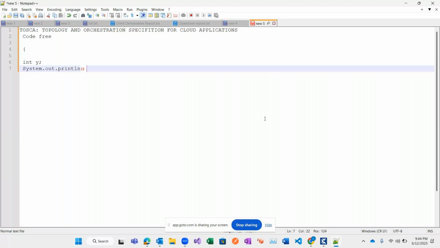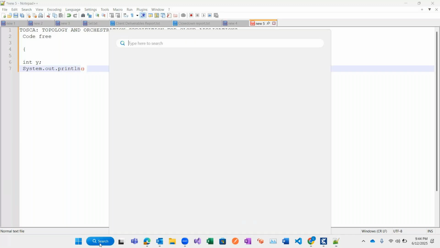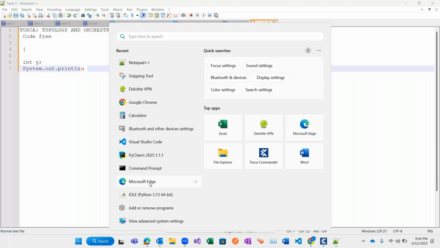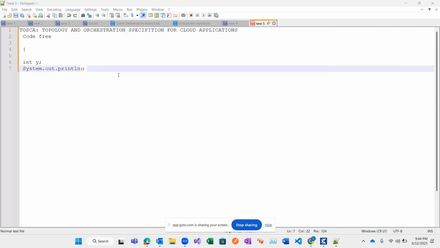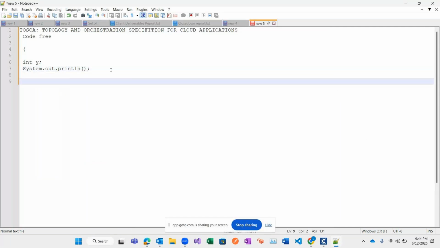the values. For example, I will show you how the programming language looks. I will show you that also. So in this way we have to write multiple lines of code to work with the application. But with Tosca, multiple lines of code are not required for the automation. Here, identifying issues and working with the applications is very easy